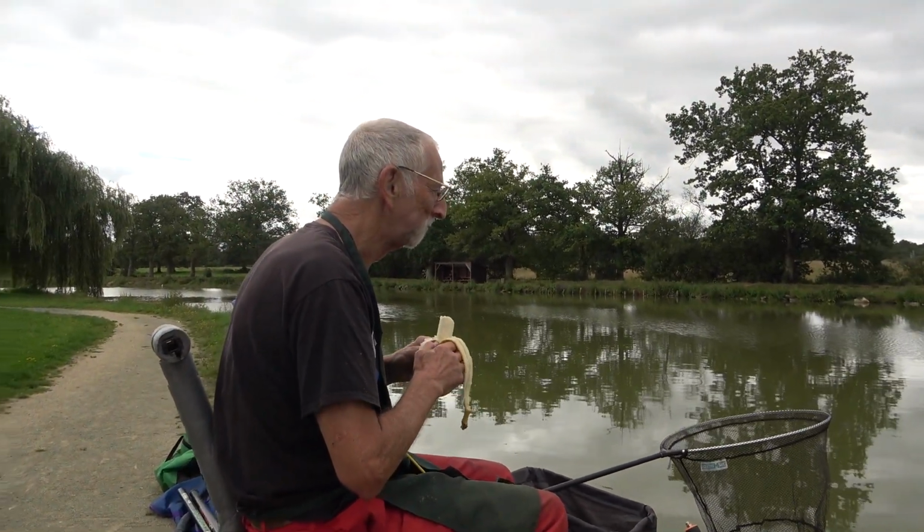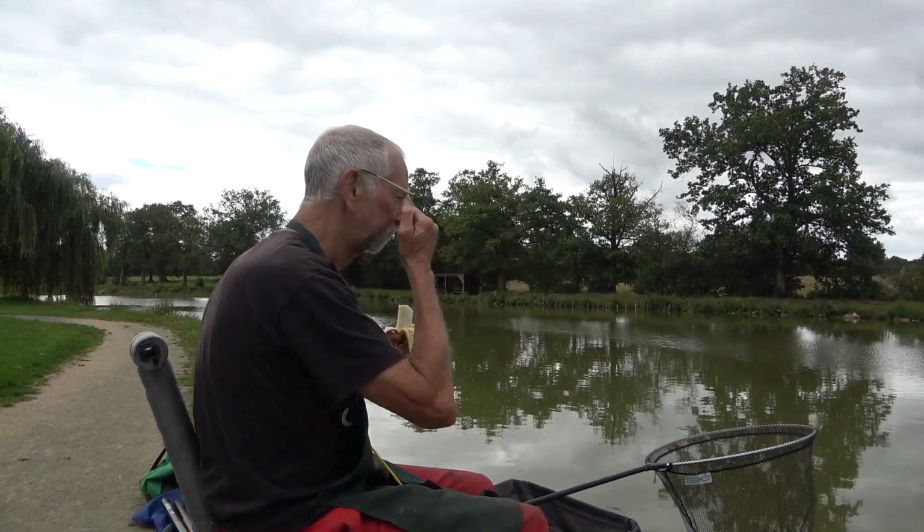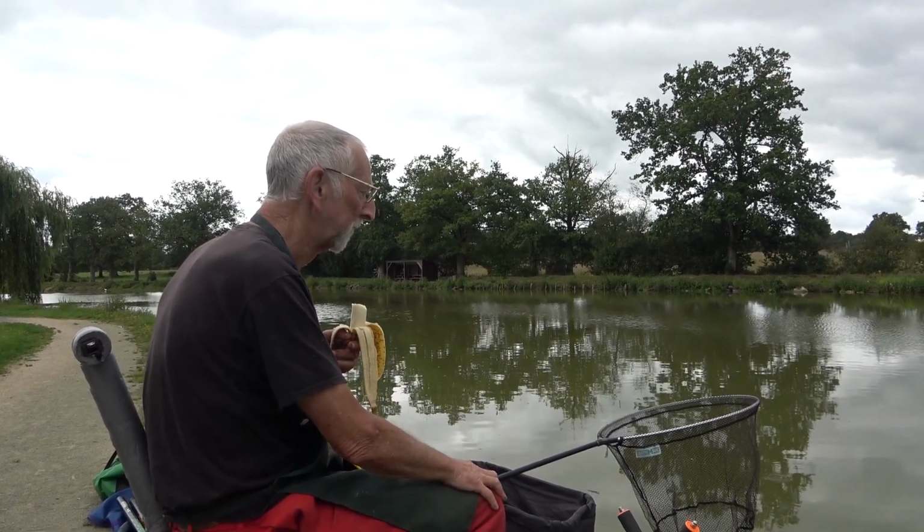No bites on the feeder? Well, they've just gone out there. It's died round here at the moment. I've got a few roach. They don't want particularly. One's had a few roach, but